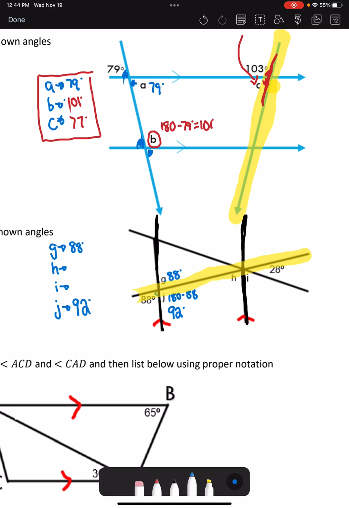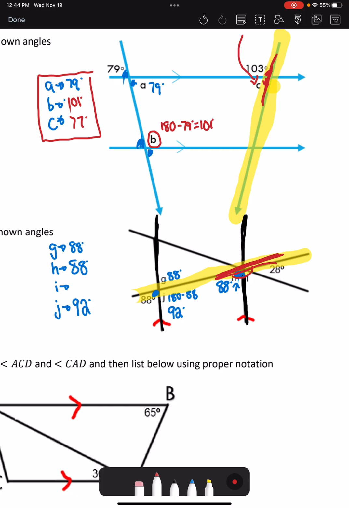So you can see if you ignore the other line, H is actually corresponding with 88. Can you see how they're corresponding angles? 88 degrees is corresponding with H. So that means H is going to be 88 degrees. From here, we have a straight line. Can you see this straight line? We have 88 degrees